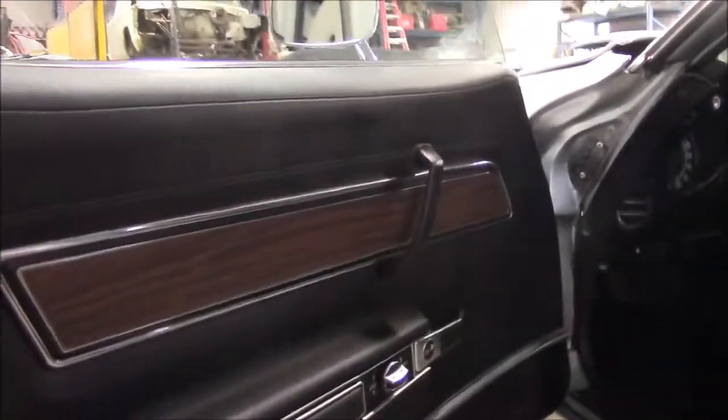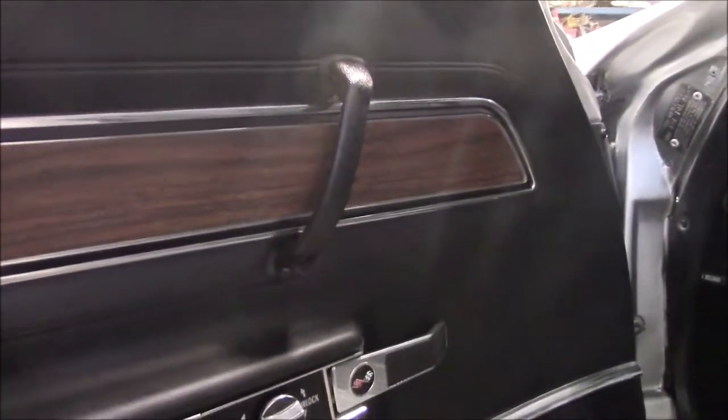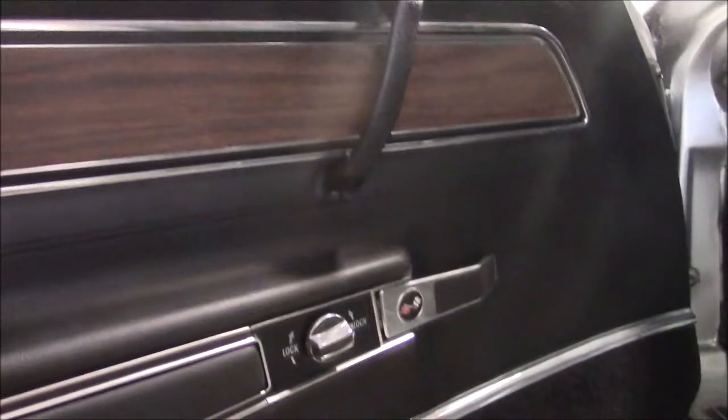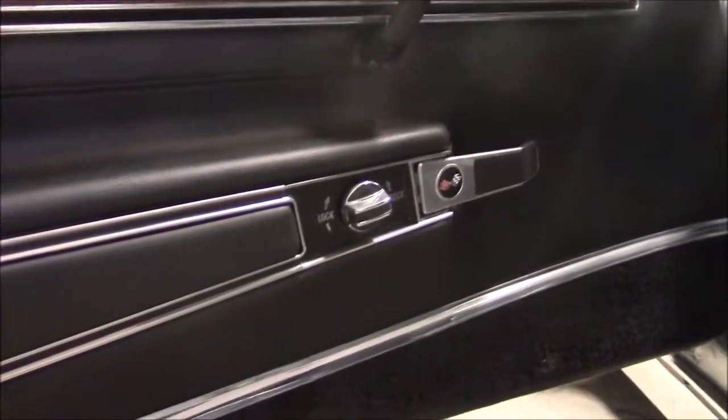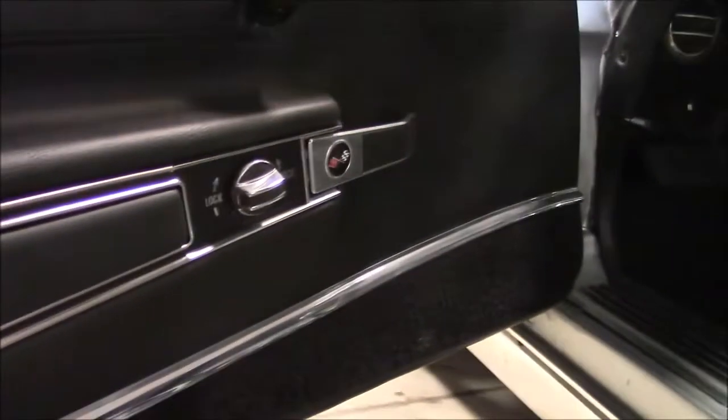We start with the door panel. They're brand new aftermarket door panels. This is the deluxe or the upgraded door panel trim. You'll notice it has the embossed or the raised wood grain look in the middle, and then we have the carpeted inserts with the chrome trim. These are roughly double the price of the plain trim, but it really sets off the look of the doors, in my opinion. On the inside, everything's been reconditioned: new foam, new carpet, new seat covers,